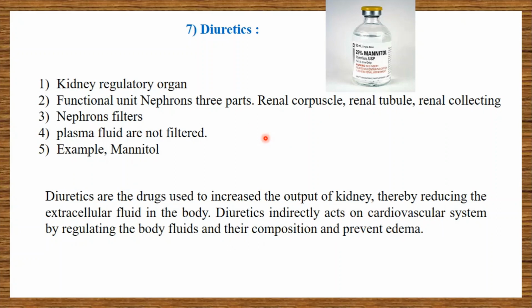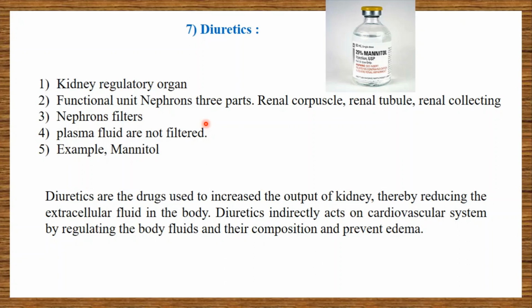So the nephron filters. The role of this nephron is to positively filter water and electrolytes like sodium, potassium, ammonium ion, calcium, magnesium, chlorine, HPO4, H3O plus, and the non-electrolytes like urea, uric acid, creatinine, glucose through the Bowman capsule, which covers the renal capsule, into the renal tubule. The plasma proteins are not filtered by the kidney due to their large size. On an average, kidney tubules filter about 150 liters of liquid,